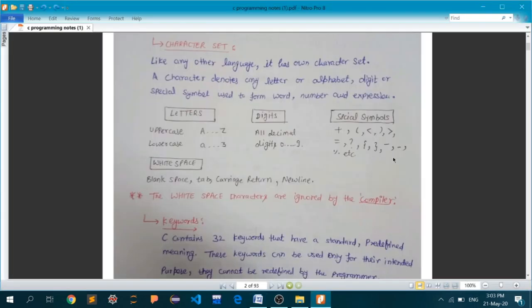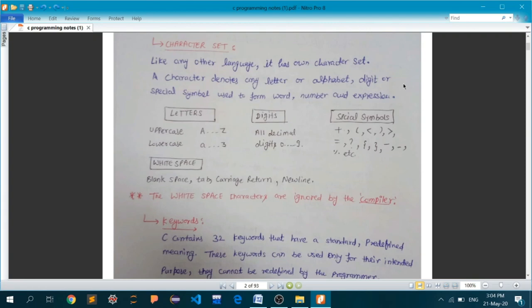So we'll start with the character set. Any language, C included, has its own character set. A character set denotes any letters, alphabets, digits, special symbols that you are going to use to write its syntax. In the last lecture, we declared the main function, and we declared and initialized the variables by using the word int and then space and then a.